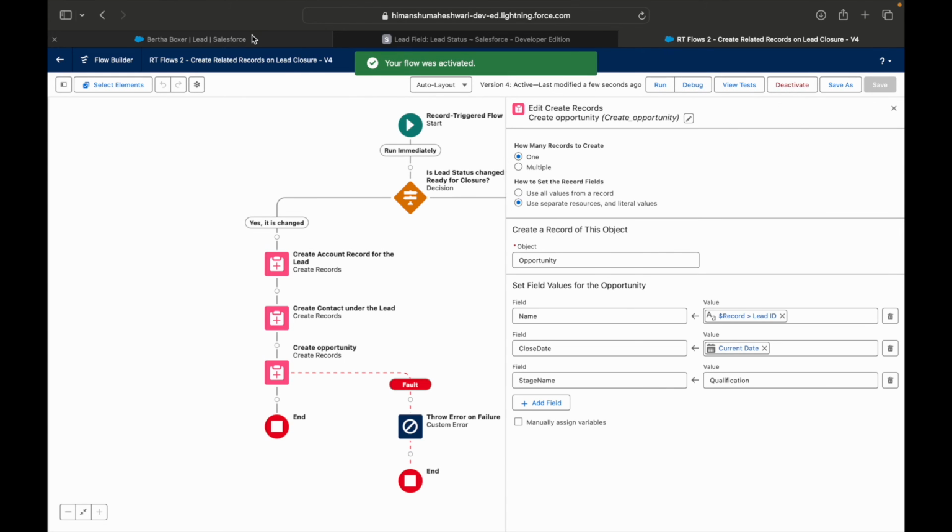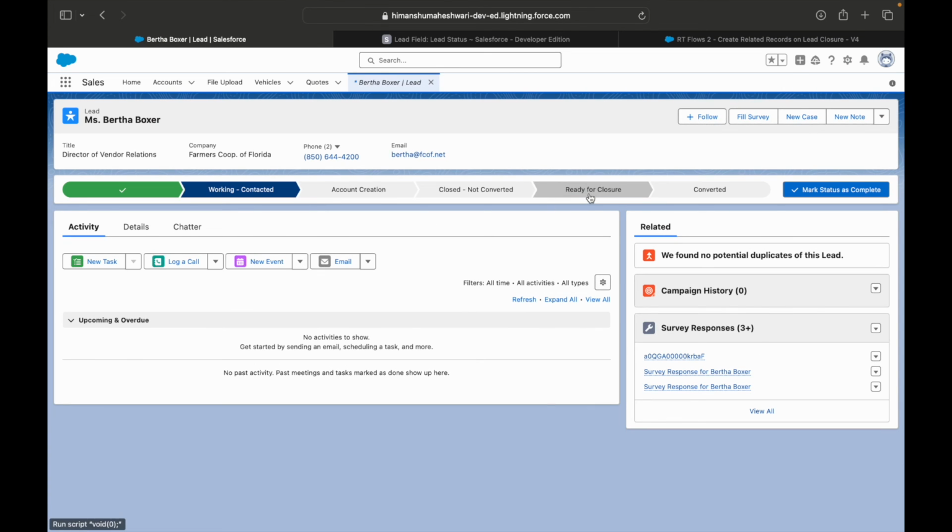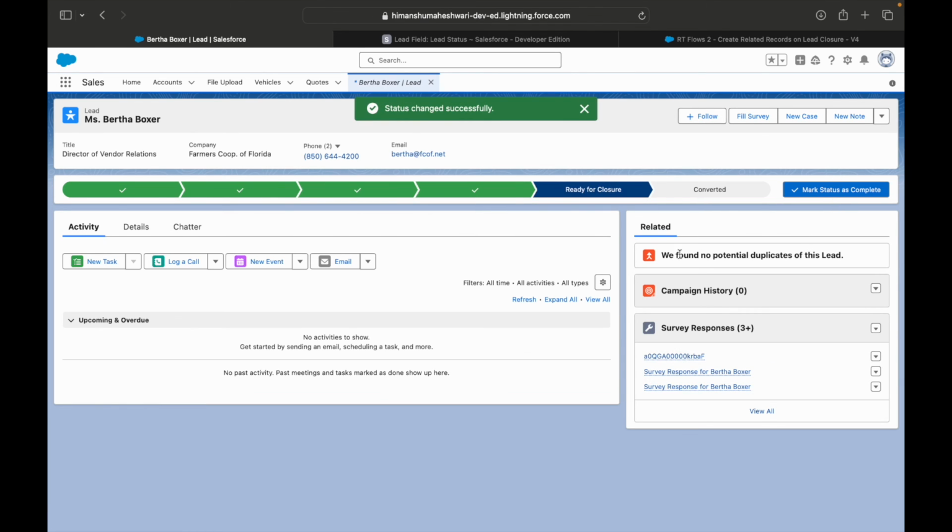Right? So I've just activated it. Let's refresh our page here. And this time, fingers crossed, we have Bertha Boxer as the lead. We'll simply say ready for closure and mark as current status. Right? So if you notice, we did not get an error and the status has successfully moved to ready for